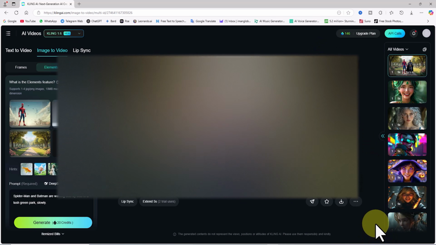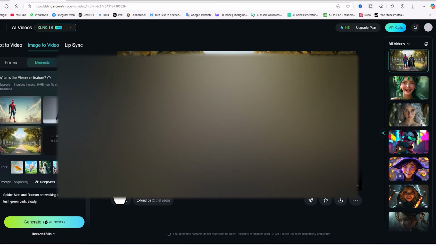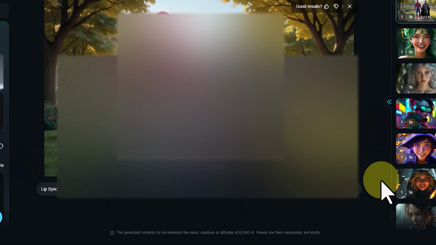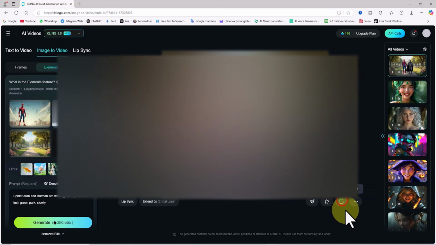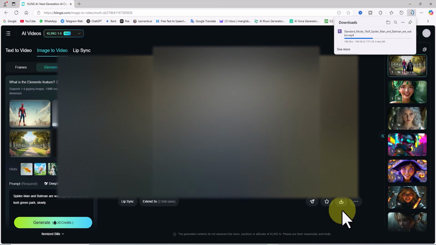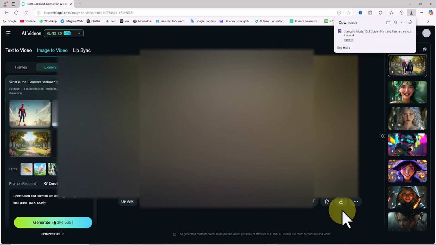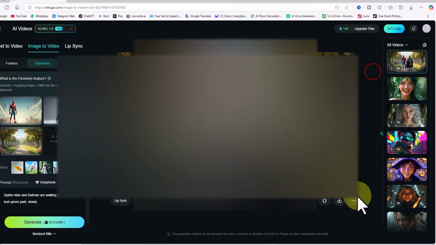The result is astonishing. As you saw in this tutorial, we created a Hollywood-style animation using the Elements feature in Kling AI. There are no longer any limits to filmmaking and animation. Your only limitation is your imagination. The download button is located below the video frame. One important note: in the free plan, videos include a watermark. To remove it, you need to subscribe to a premium plan. When I hover over the three-dot icon below the video, a drop-down menu appears with a delete button to remove